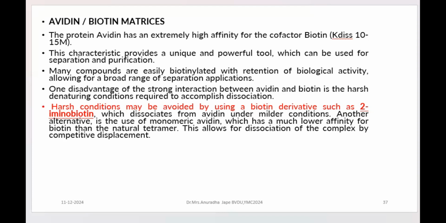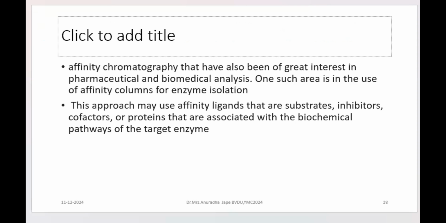So generally what people do is biotin derivatives are utilized rather than the original biotin molecule. The derivative which is commonly talked about is 2-iminobiotin. So the biotin molecule has imino groups added to it, and then the affinity with avidin is a little less. The selectivity is retained, but it is not so strong that it cannot be easily separated. They can be easily separated when you add the imino derivative of biotin. So such modifications are required to get better and better separations.